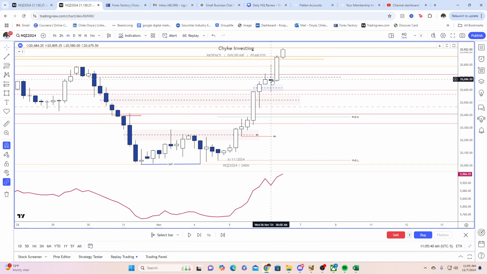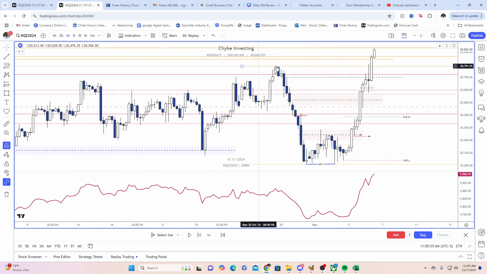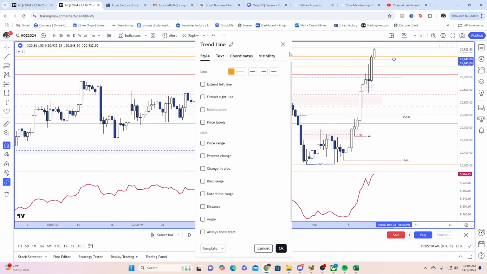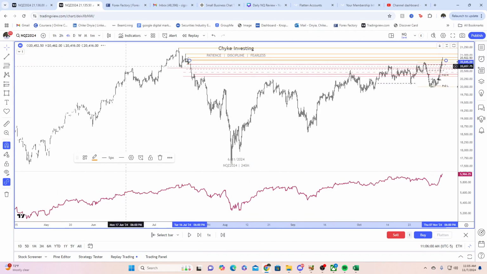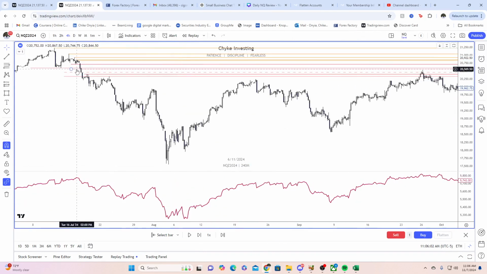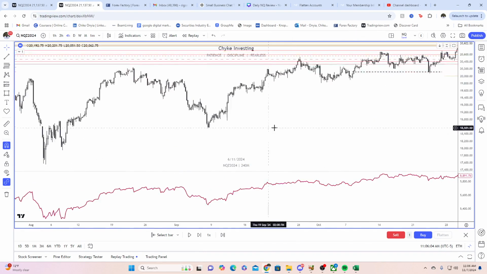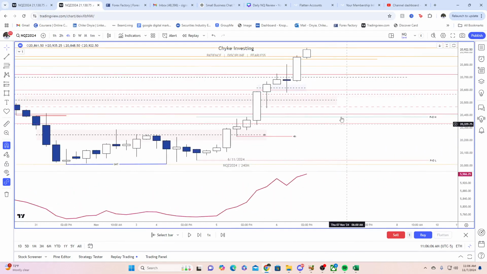And then around London time, it comes down and fills that 4-hour fair value gap, and then it goes higher. So this is IRL, internal range liquidity, a fair value gap as well, to ERL, external range liquidity, over this high. You can see we took that out, right? And we're taking out a high that is marked by this yellow candle all the way over to the left, right? That is that high right here. And so we see that we took that out, and that was the AM session target.